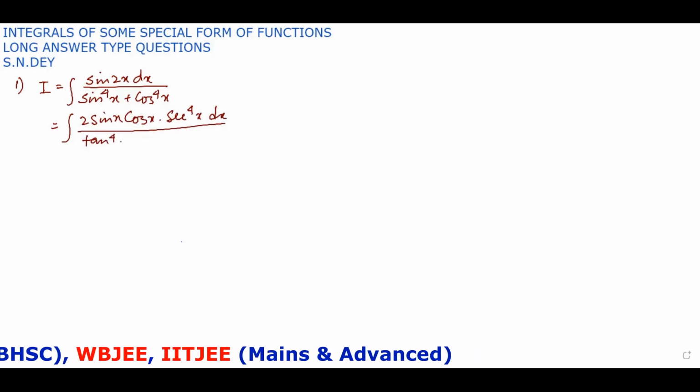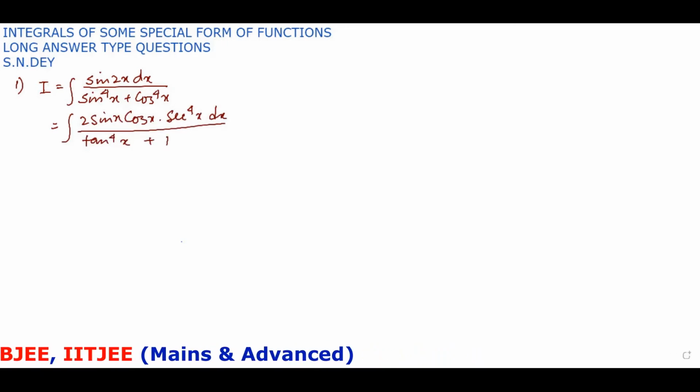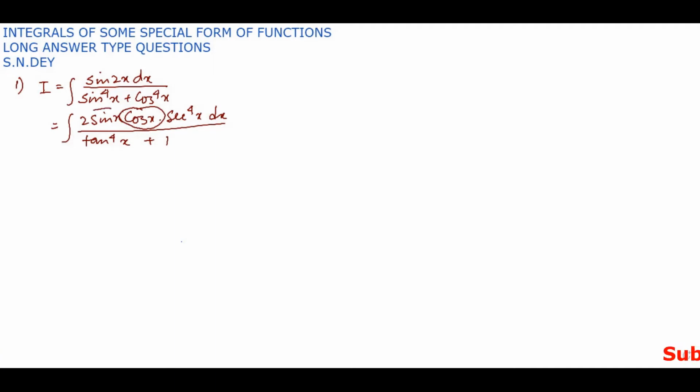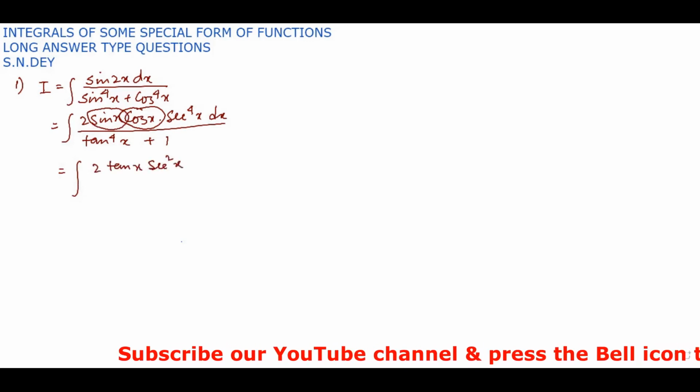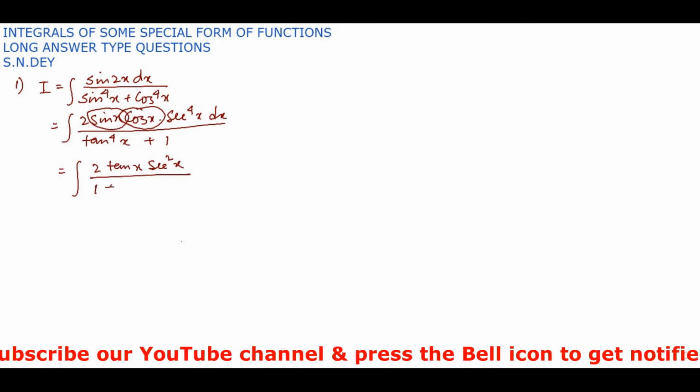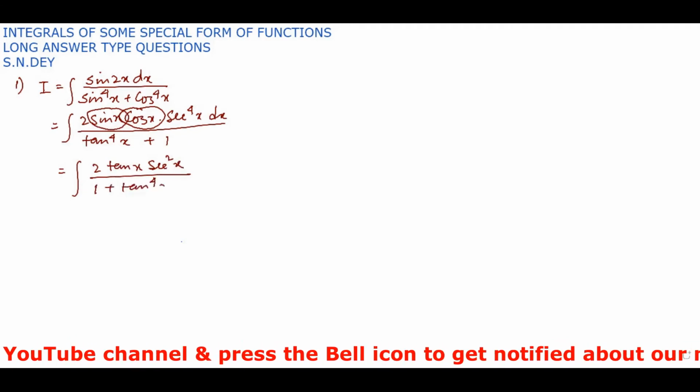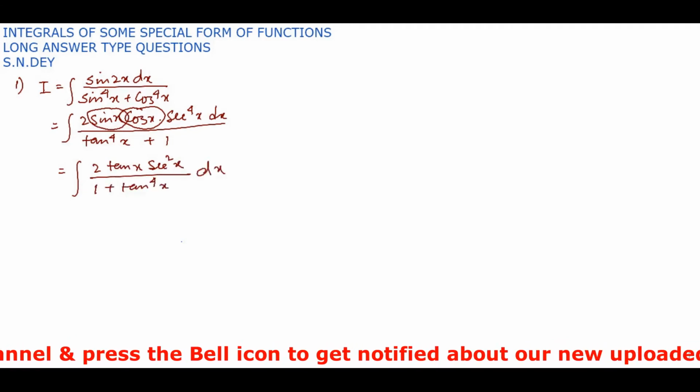Is this clear? So now take 1 sec x for this cos x, and that will become 1. Take another sec x for this sin x, which will give you tan x, and the rest is sec square x. So it will be basically 2 tan x sec square x divided by 1 plus tan to the power 4x dx. Is it clear? Now